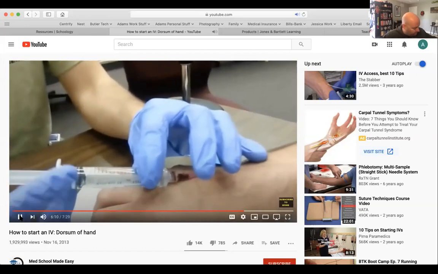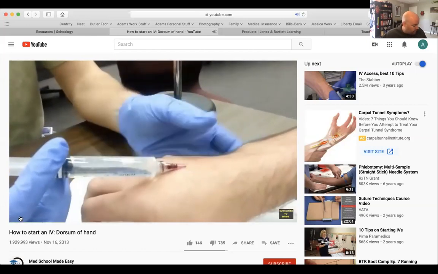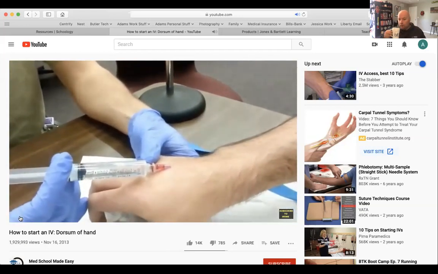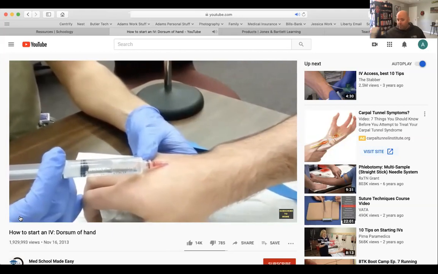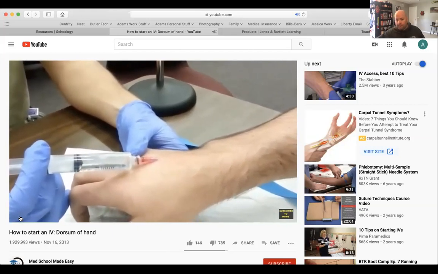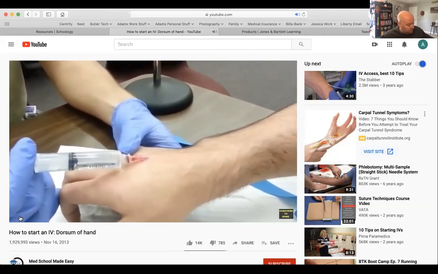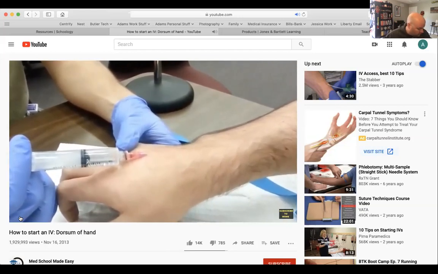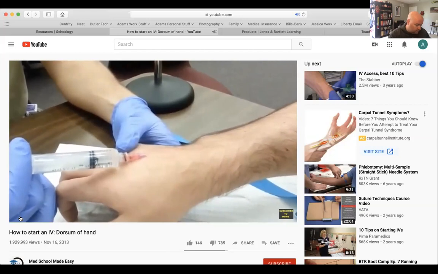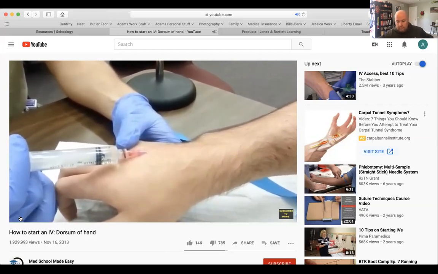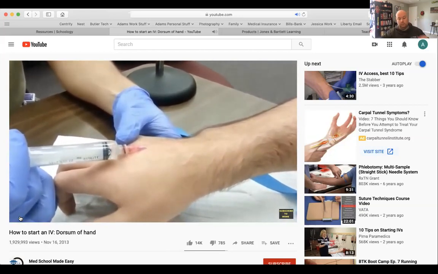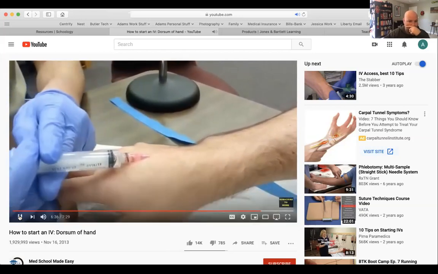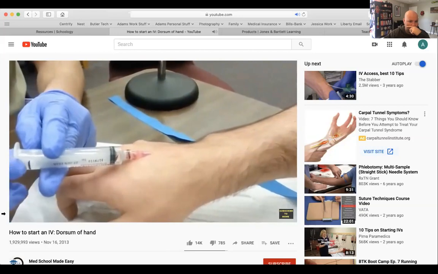Attach the saline flush onto the catheter and then inject it. If the vein is indeed patent, it should slide easily out of the syringe and into the vein. This should not cause the patient any discomfort, and you are merely hydrating them. After the 10 mils are inside the patient, you have ensured that the vein is patent, and you now can attach your IV or a cap, whatever